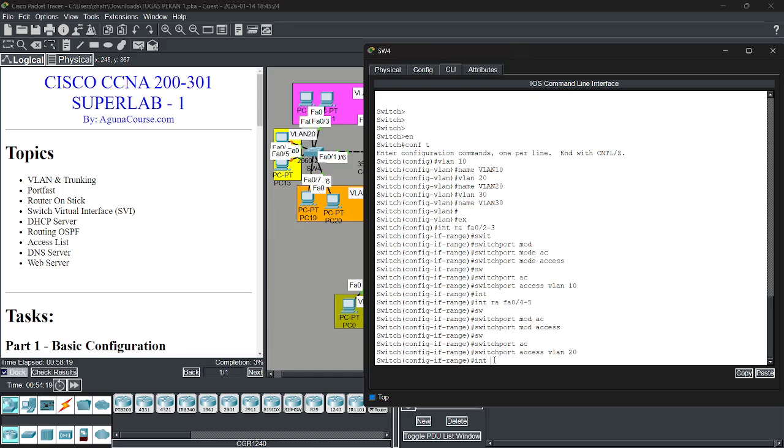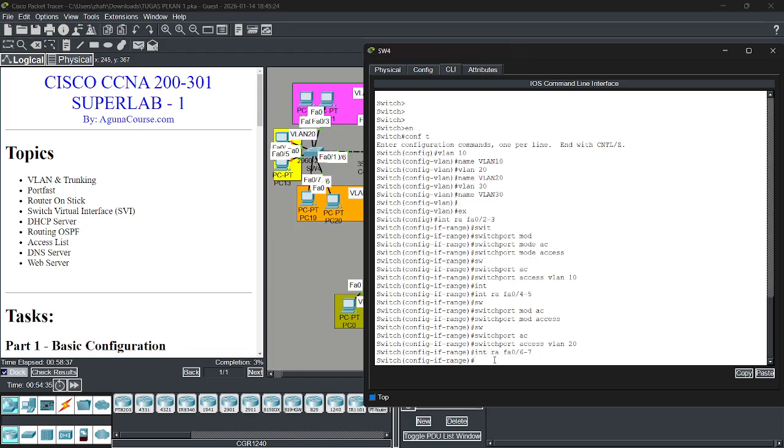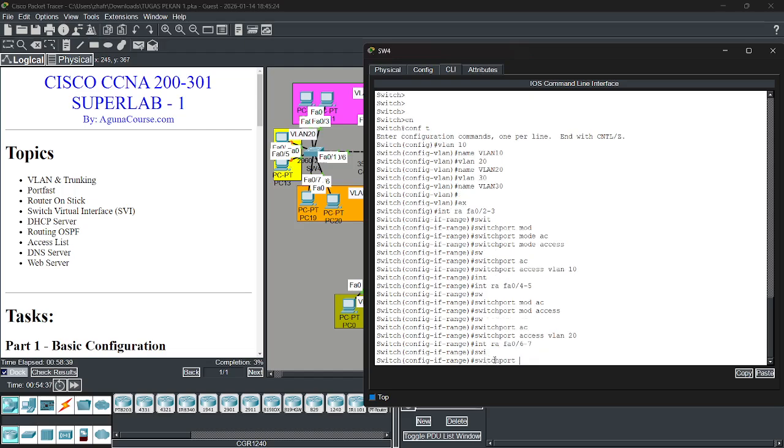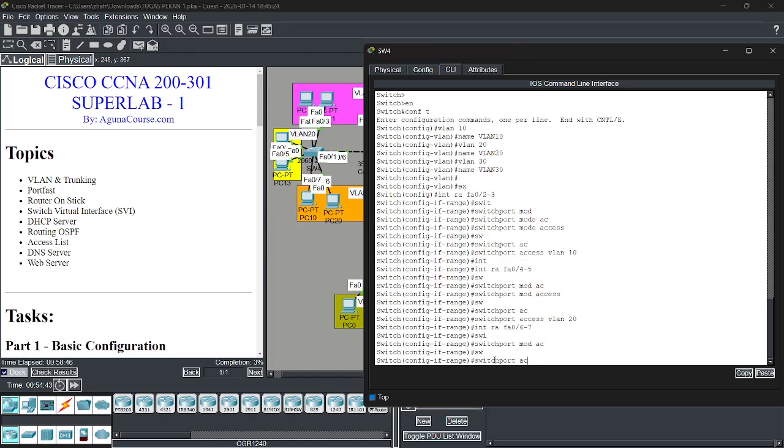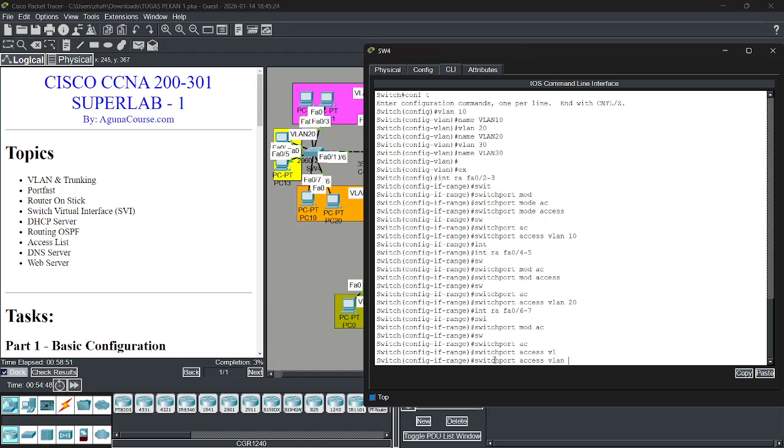interface, interface range Ethernet 0, switchport mode access, switchport access VLAN 30.